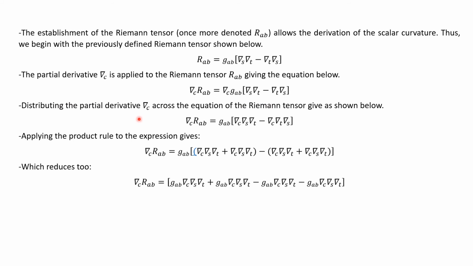Distributing the partial derivative, delta c, across the equation of the Riemann tensor gives, as shown below. Applying the product rule to this expression gives us this, which reduces to, as we see here,